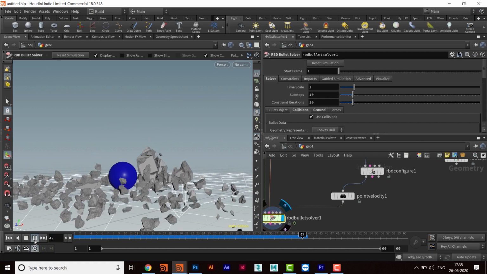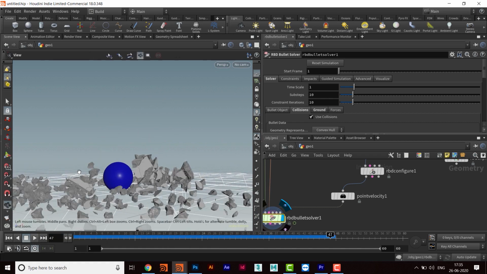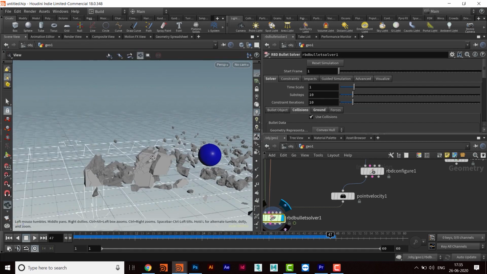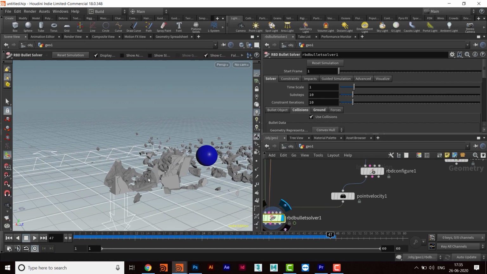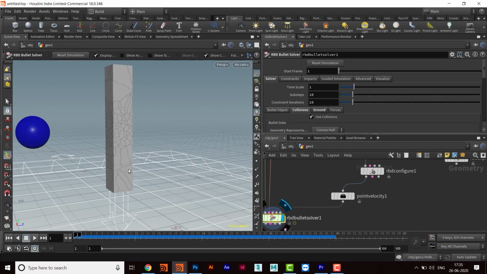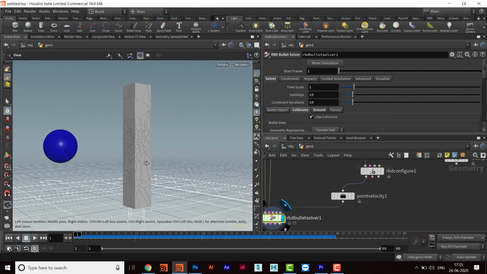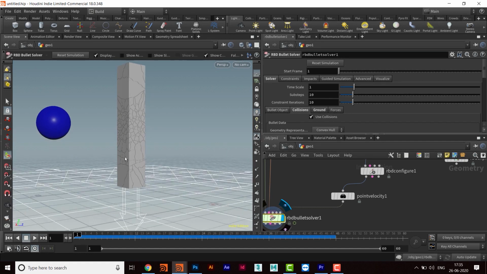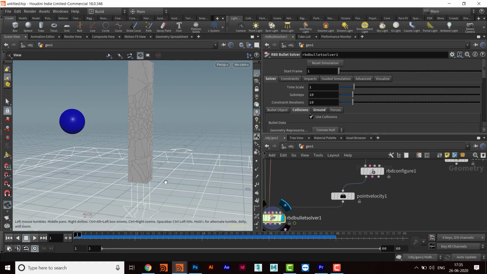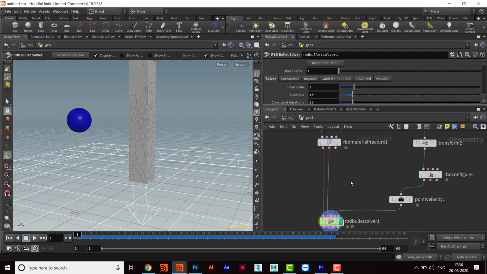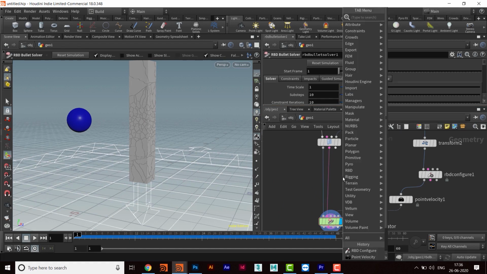Oh, all right. So now what more options do I want to activate? I really don't want this whole column to be destroyed. I want to keep the one third part of the column static, not active.